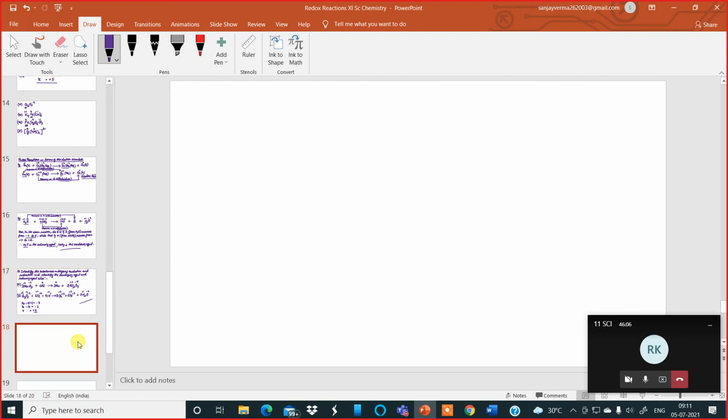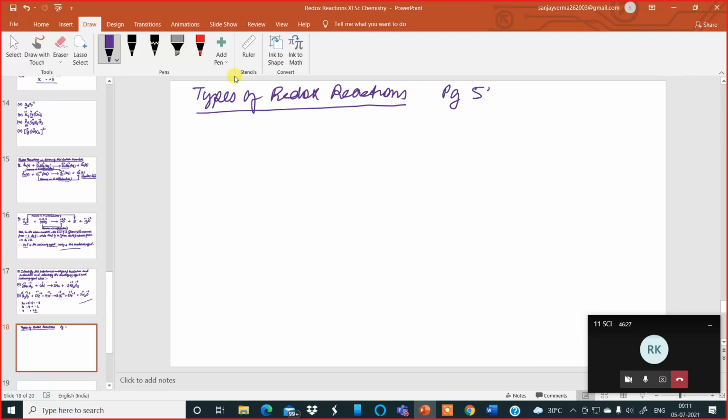Okay, next I'll be trying to do with you all types of redox reactions. I want you all to read these from page number 529 of your textbooks. The different types of redox reactions are: number 1 is combination, which you should read in detail. Number 2 is decomposition. Number 3 is displacement. So 1, 2 and 3 we have been learning since class 8, so I think there is no need to explain. But number 4 I want to clear up just now.